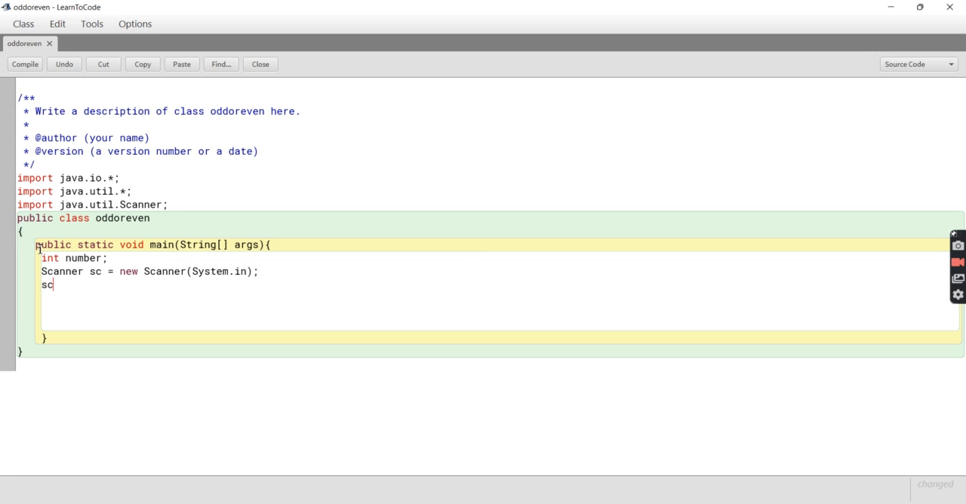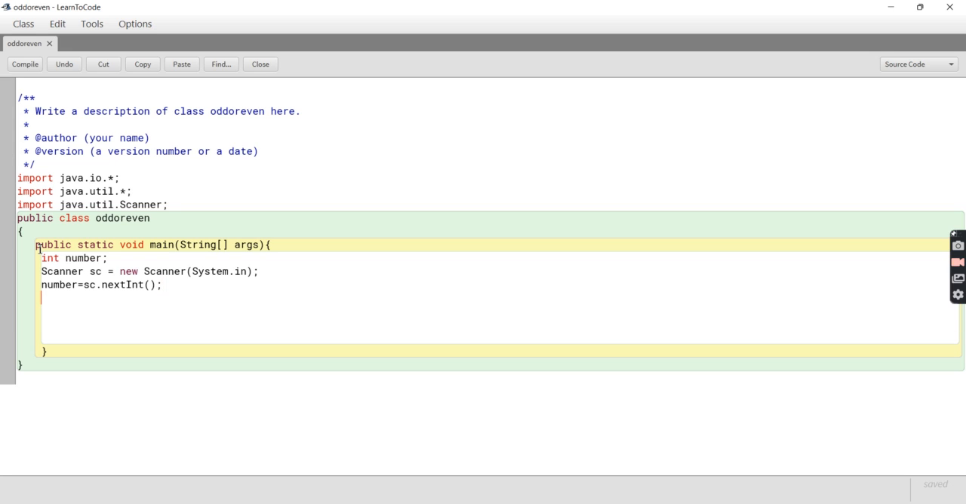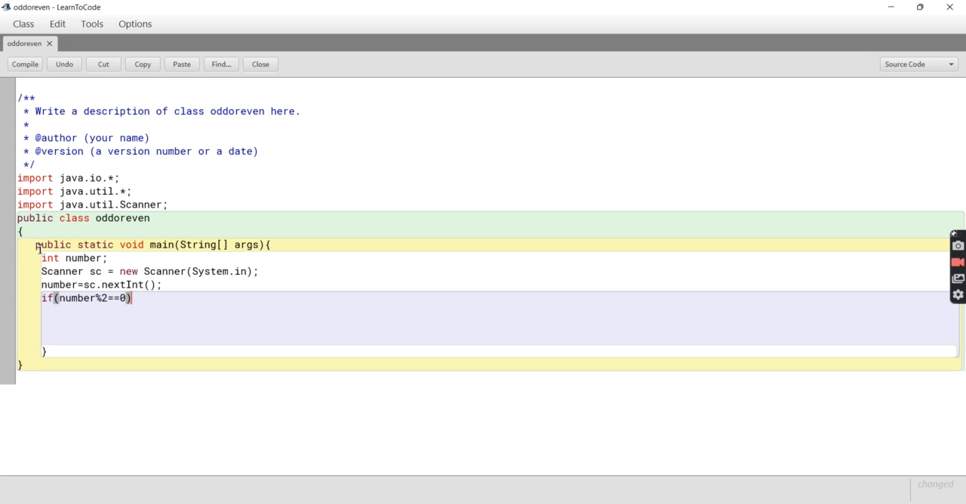Now we will assign number equals sc.nextInt(). It will accept the user input. Now whatever number a user inputs, we will check the remainder value. So we will use if else: if number mod 2 equals 0,